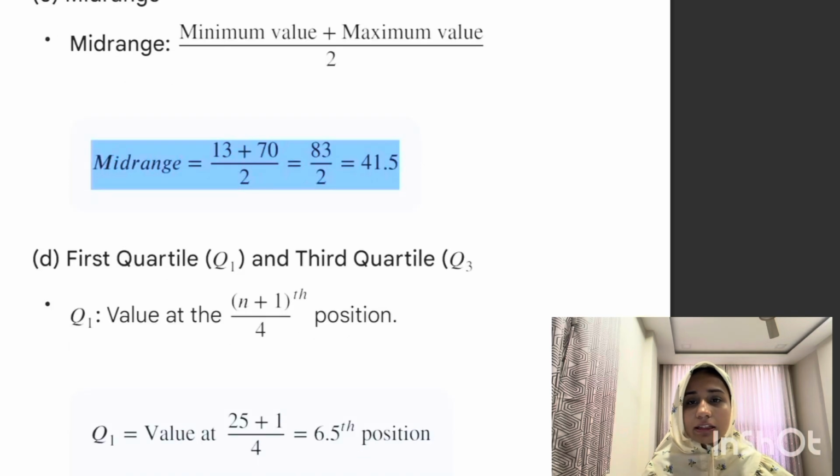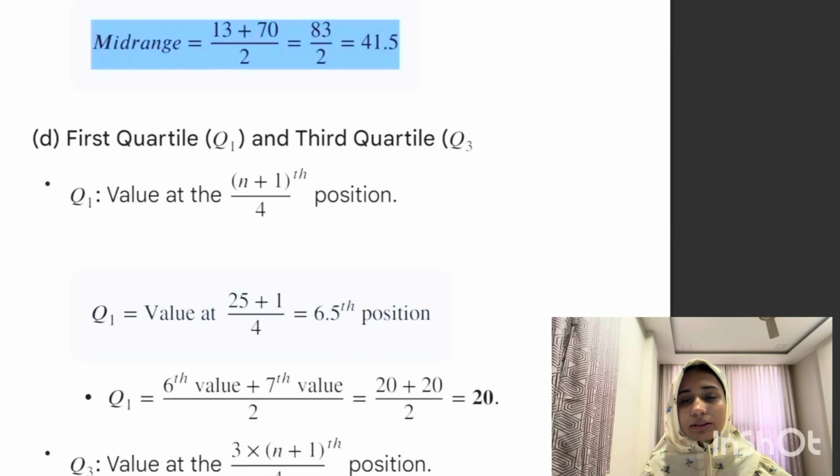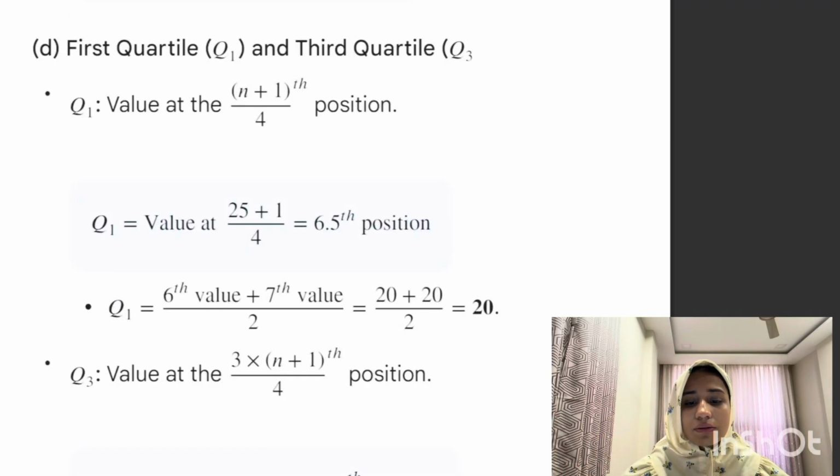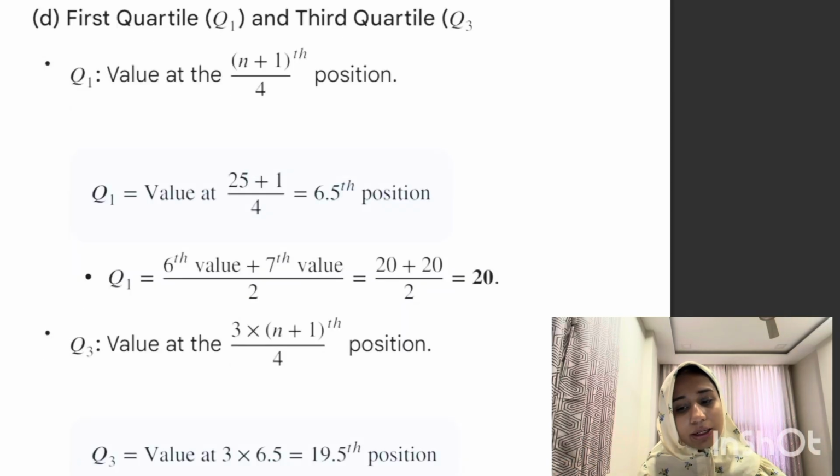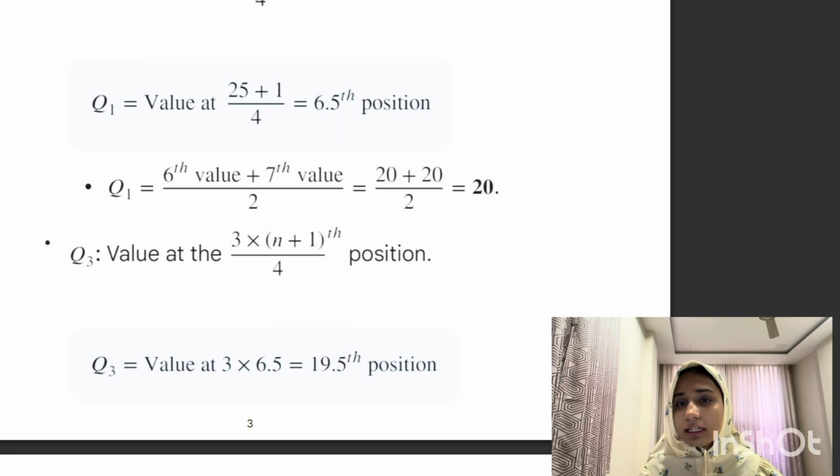Now we have to find the first quartile and the third quartile. So the first quartile, Q1, will be found using (n plus 1) divided by 4. The value at this position will be Q1. So 25 plus 1 divided by 4 is 6.5, which means the value at the 6.5th position. So Q1 will be the 6th and 7th positions divided by 2, which is 20 plus 20 divided by 2